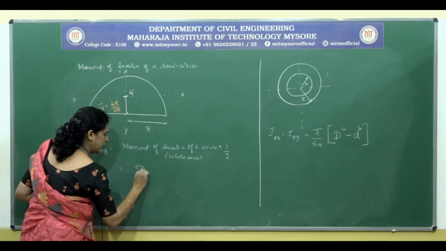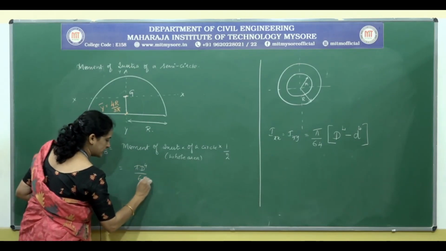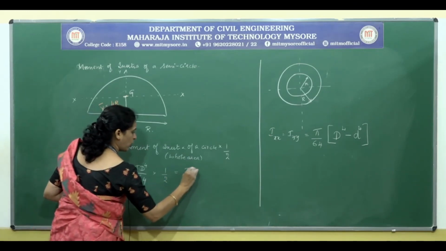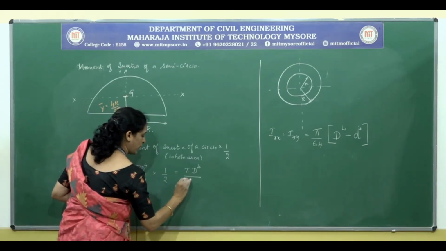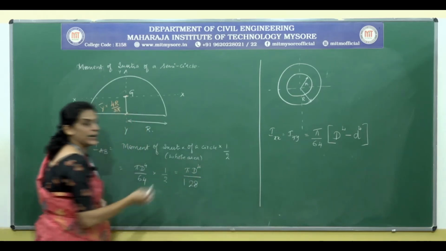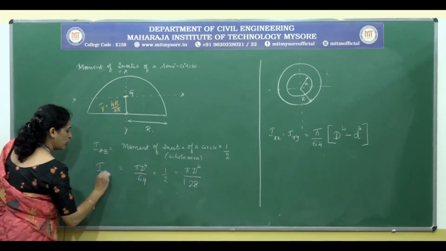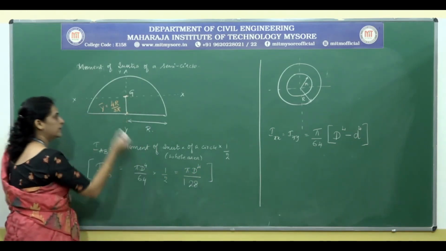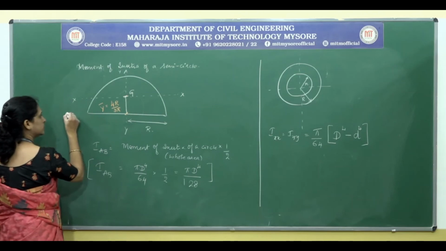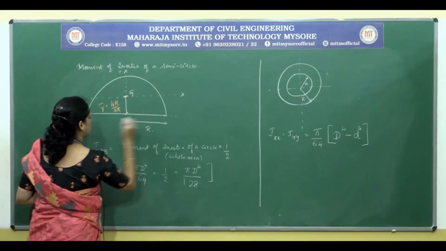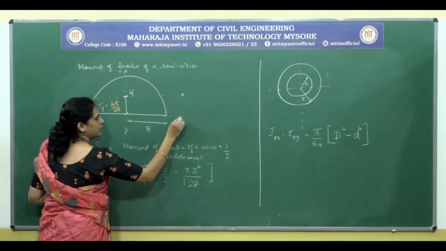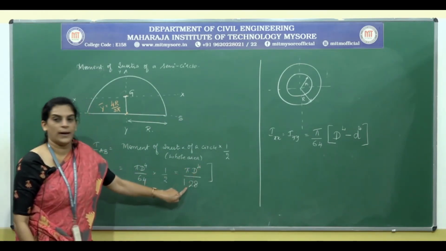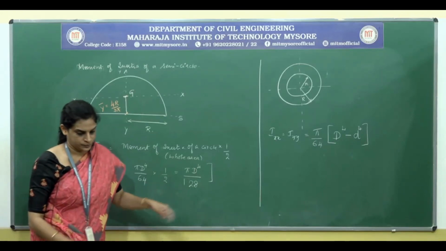It is pi d to the power of 4 by 64 into half. That takes the form of pi d to the power of 4 by 128. So, moment of inertia about the axis selected at the bottom named as AB is equal to pi d to the power of 4 by 128,